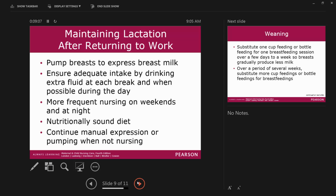So in the refrigerator, the milk is good for 24 hours. In your freezer that freezes your milk, I'm just telling you this for information, okay? This will not be on the test about how long stuff is what it is, okay? But if your freezer freezes milk, or if your freezer